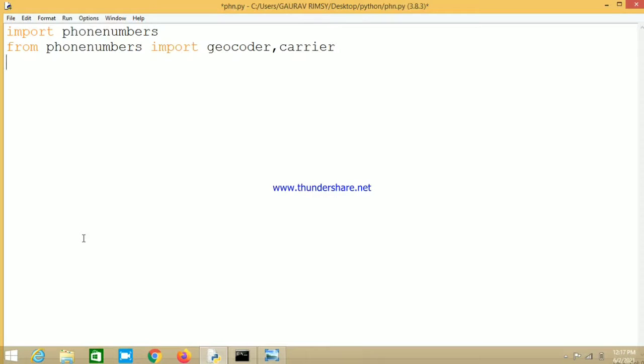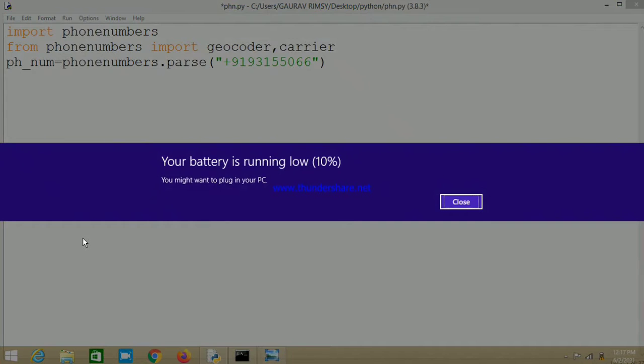Now we are going to start. We will use one variable over here, phnum, equal to phonenumbers.parse, and here we will give the phone number along with its country code. Suppose I am giving any random phone number over here.